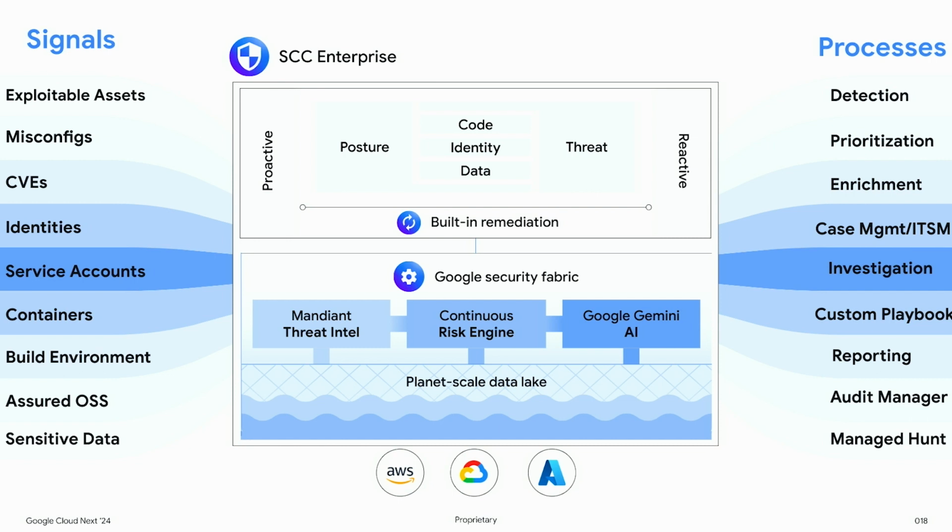From there, we'll use the risk engine to prioritize all the top risks up at the top. We will provide automated enrichment within the system as much as possible. We have case management built in. So if you have your own ITSM system, we can take your ITSM system, ServiceNow, Jira, whatever. We can use those. But if not, we have our own case management built in that will form the ticketing stack for your analysts. We auto-create cases. So we'll take 5, 10, 20 different findings